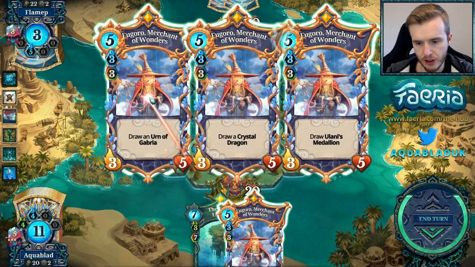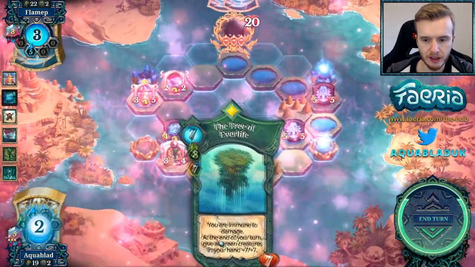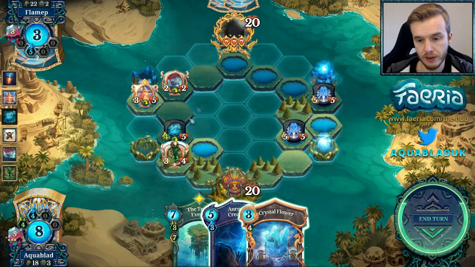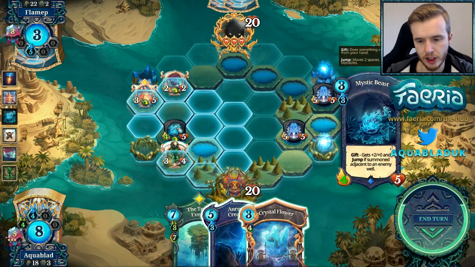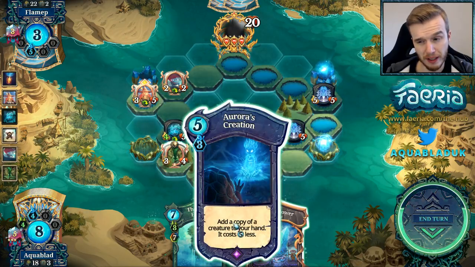Well, let's get an urn. Let's get some more card draw. We want to find more elementals so we can get to this quicker. Ooh. That's very nice. So we can actually protect my elemental now if I choose. I think I just play another... Oh, actually, I could